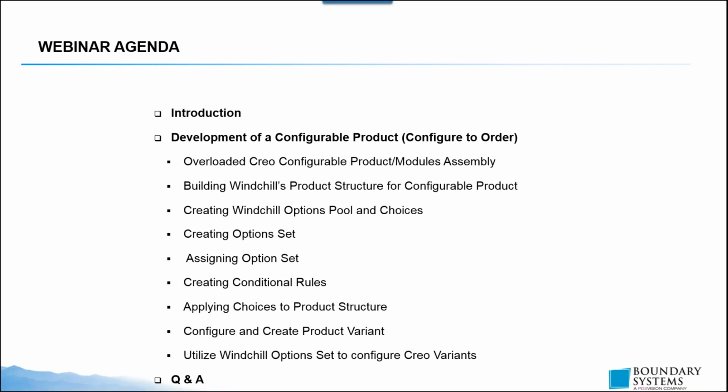showing an overloaded assembly in Creo, and then we'll check in the assembly into Windchill, generating a product structure. Then we'll jump into the options and variant functionality in Windchill by creating options and choices. Then we'll create an option set, we'll assign it, we'll create some conditional rules, and then we'll apply the choices to the product structure, and then we'll go through a quick configuration of the end item, and potentially we'll go